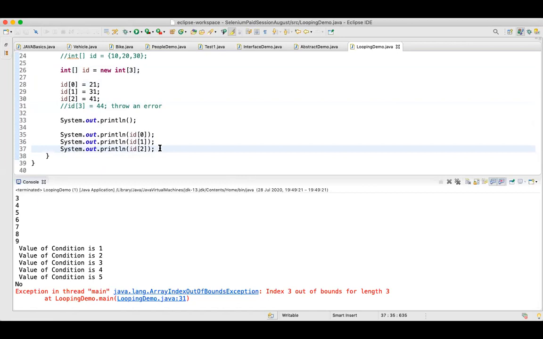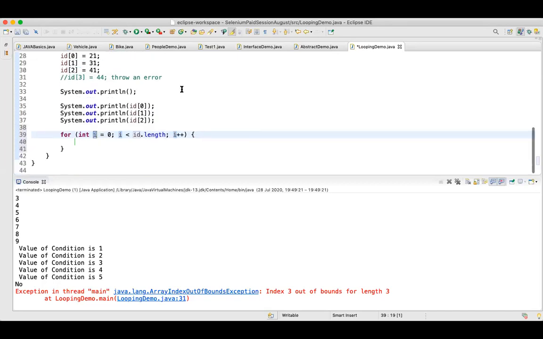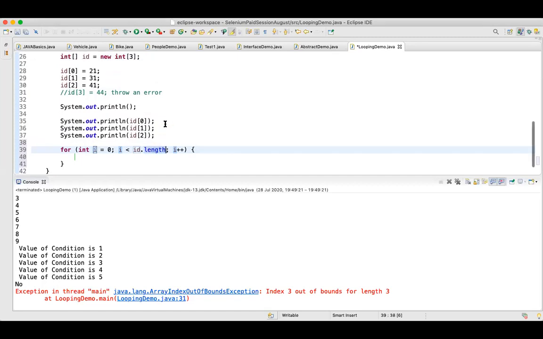Okay. Now, if I want to print all the values, I can simply say for i is equal to 0. We saw the for loop before, right? So for i is equal to 0, i is less than ID dot length. This length parameter will give you the length of the ID. What is the length of this ID? 3, right?